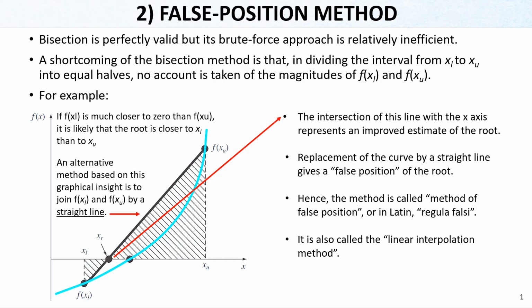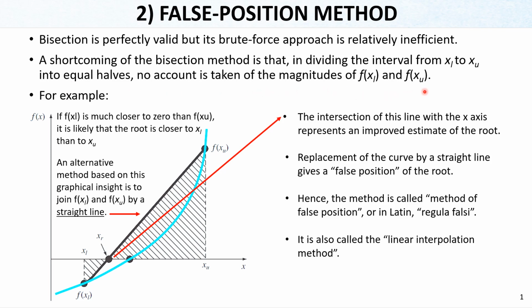The second method we are going to talk about, the bracketing methods, is the false position method. The bisection method we saw earlier is perfectly valid and actually very robust, but it's a brute force approach and it's really inefficient because it is not easy to find the root as accurately as possible. You need many iterations. The reason is that in dividing the interval from xl to xu, lower and upper bounds, into equal halves, because we are taking the midpoint,